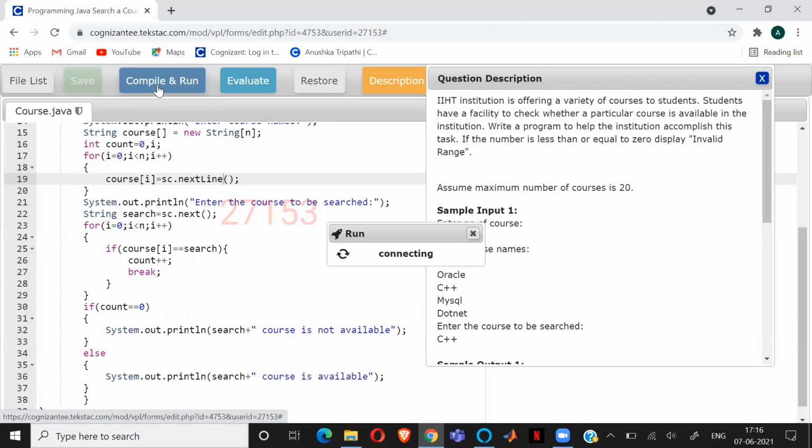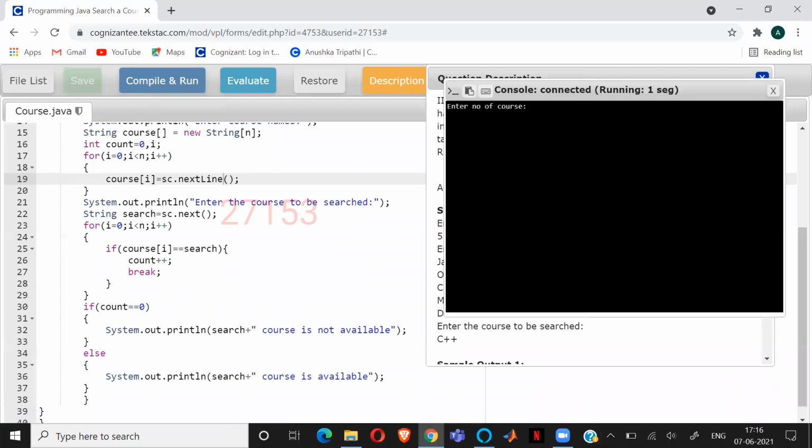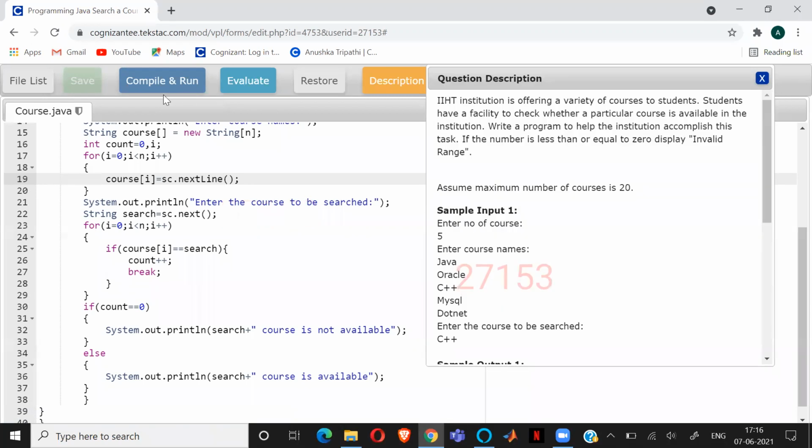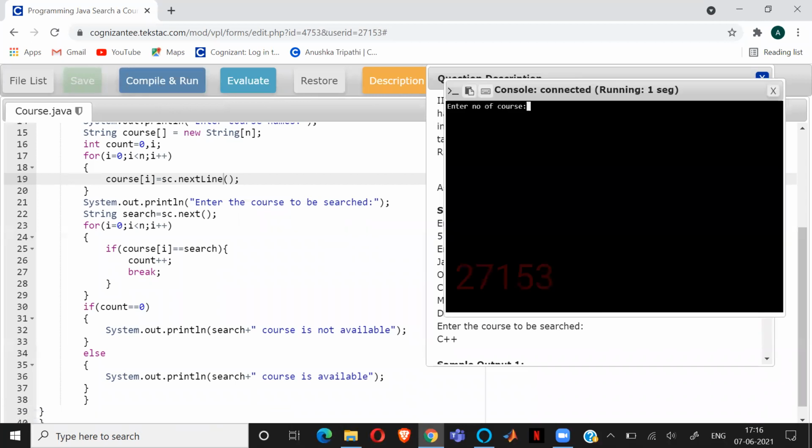Did I not put it? Okay. Is it working? No.